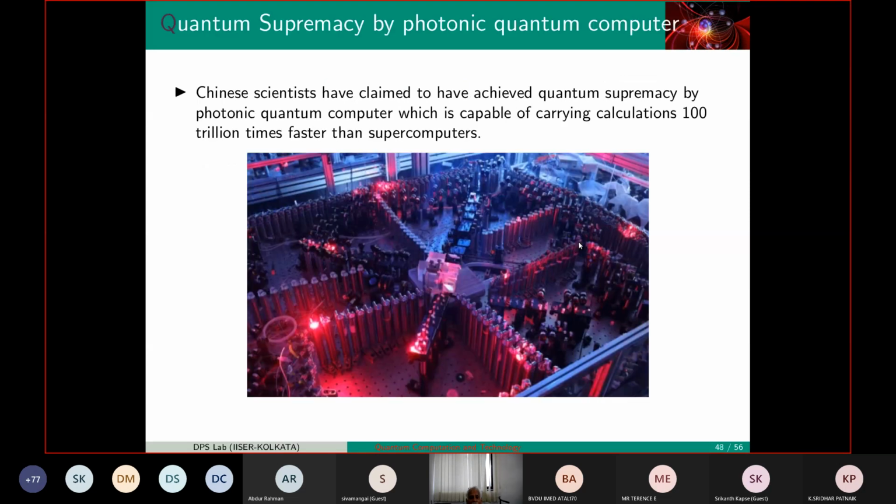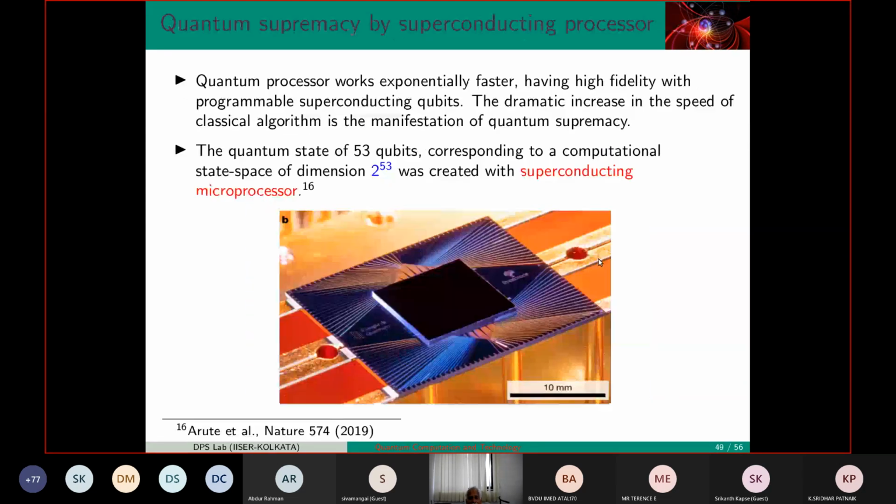All right. So now, this is our Chinese group. This paper just came out in, I think, 2021 in Science. You can see huge laser lights have been used to show that quantum can do something much better than classical. Just Chinese scientists, 2021, paper in Science. You see the kind of apparatus that is there. Okay, so now this is the chip, Google chip. This is the Sycamore chip, Google quantum processor.